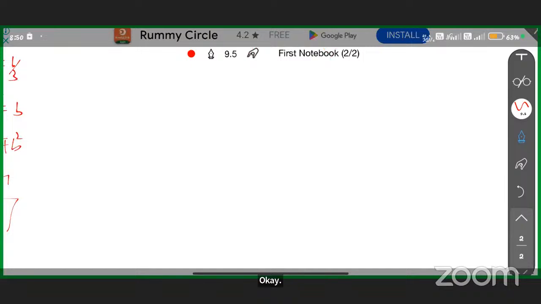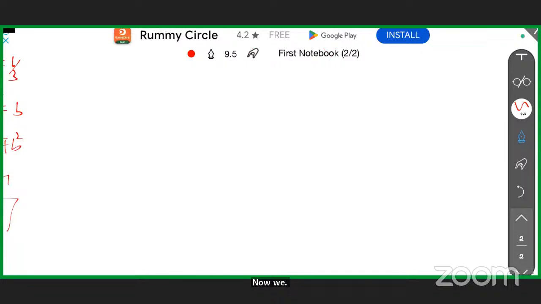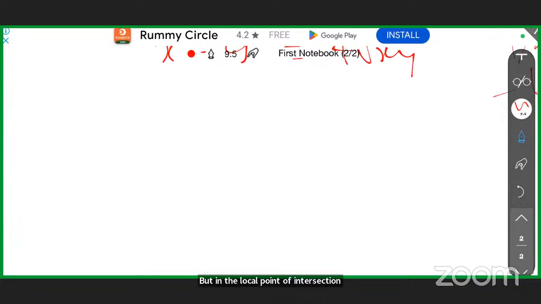Now, next question. This is also one of the easiest questions. We have to find the locus of the point of intersection of two lines. Lines are